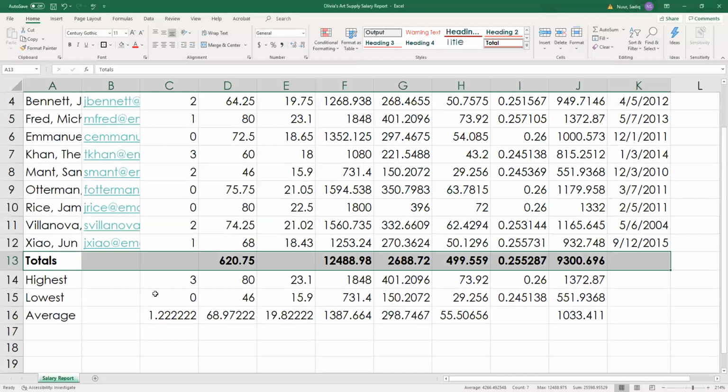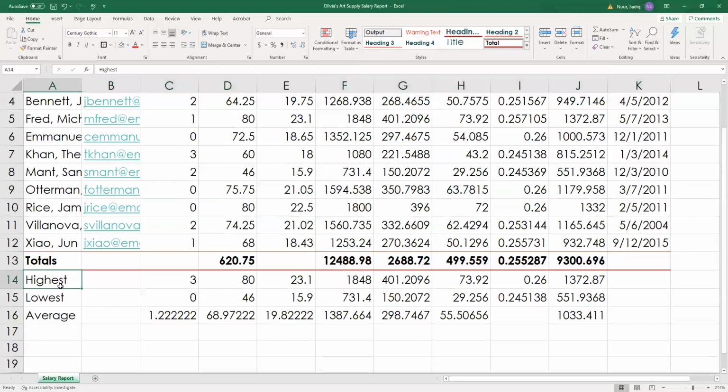Now we need to bold A14 all the way to A16. So highlight A14 all the way to A16, go back to the font, hit bold to bold it. So once this one is done,